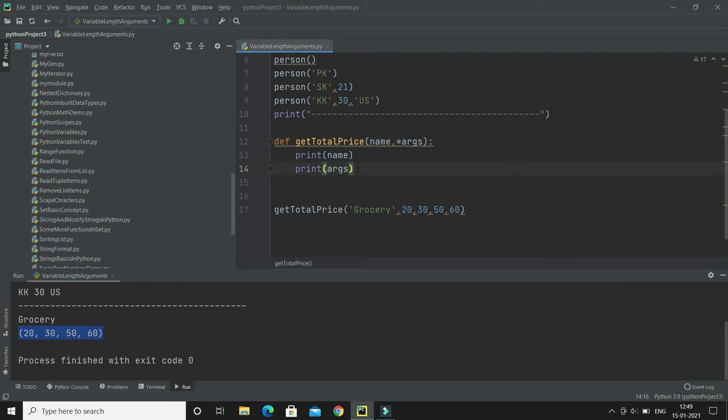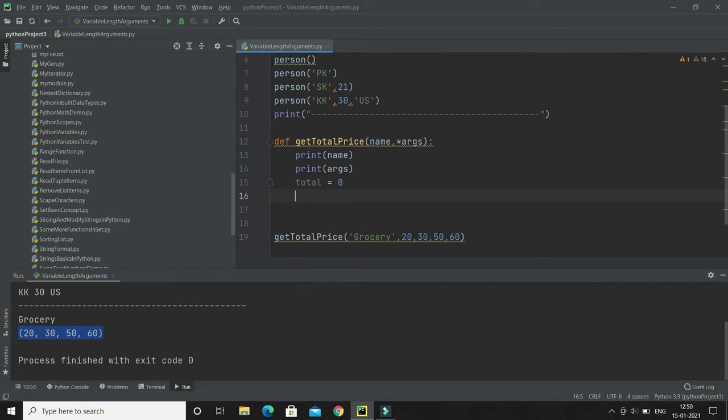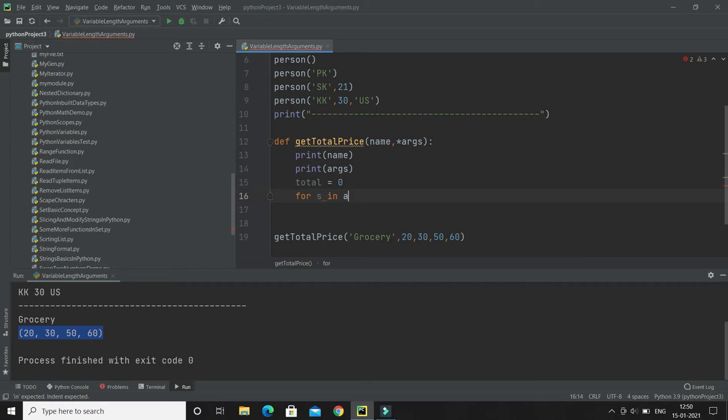So now if you want to calculate the total price for grocery, you can easily calculate it. I'm going to create a variable called total, assign it 0, and use a for loop with the variable s in args.